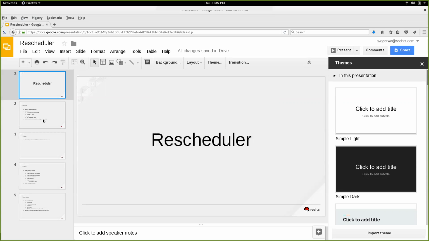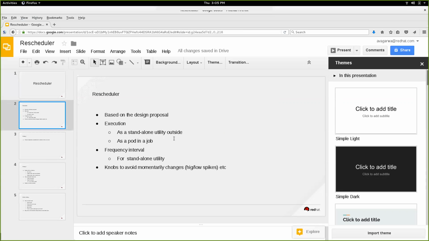So just starting the demo, I prepared a few slides to set some context. Here I'm going to talk about the rescheduler, and it's based on the design proposal that I have already sent to the SIG scheduling working group. This rescheduler that I'm going to demo can be executed as a standalone utility outside a kube cluster and also as a pod in a job,